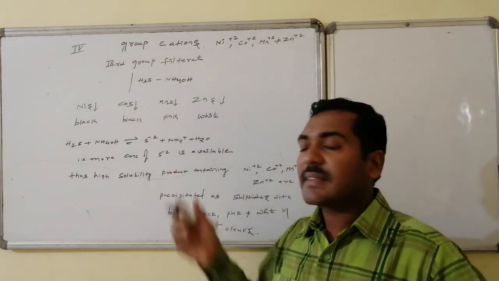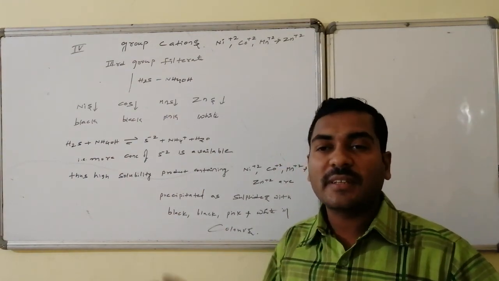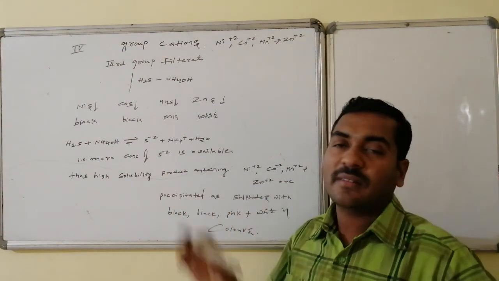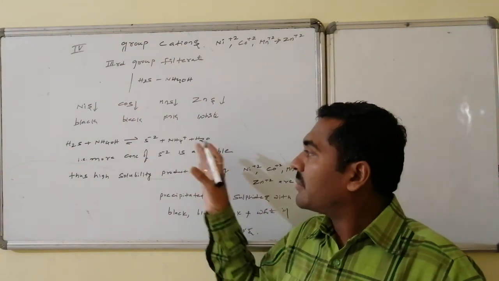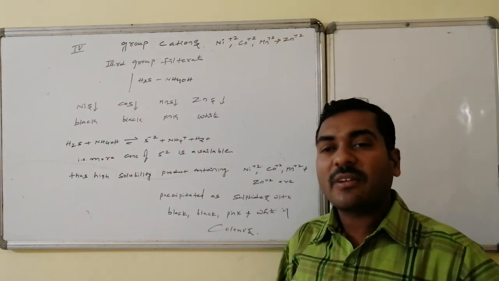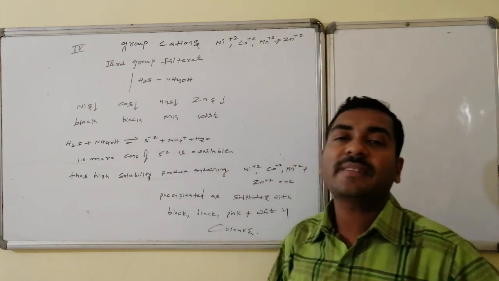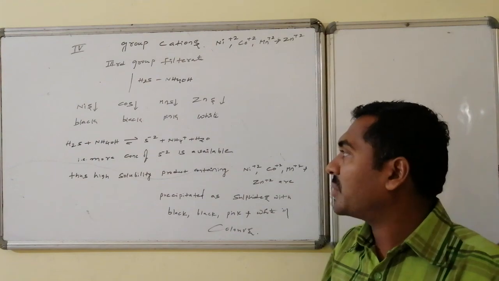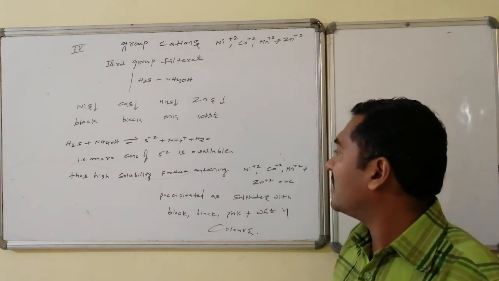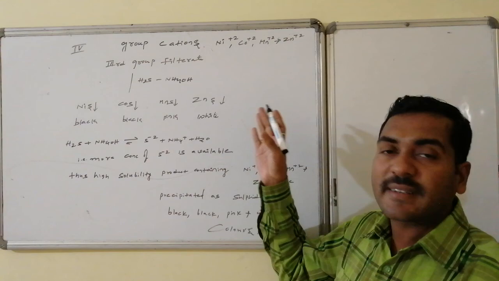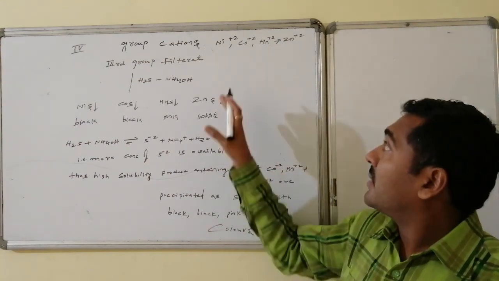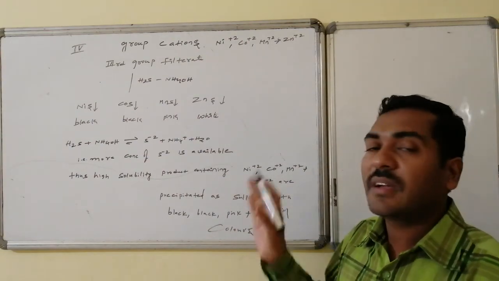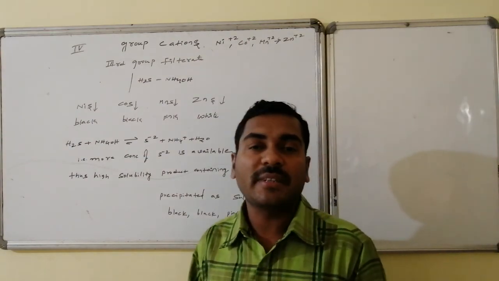This excess amount of available sulfide ion combines with the cations. All of these cations have higher solubility products, hence they require higher sulfide ion concentration. Higher sulfide ion can be provided by the presence of ammonium hydroxide, because it combines with the H+ and forms undissociated water, hence the equilibrium shifts towards the right and a greater amount of S2- concentration is available. Thus the sulfide combines with the corresponding cations and forms nickel sulfide as black, cobalt sulfide as black, manganese sulfide as pink, and zinc sulfide as white colored precipitates.